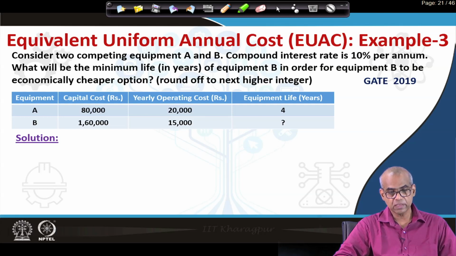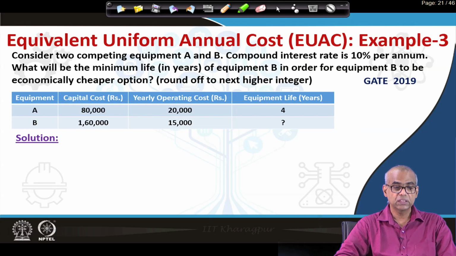Capital cost of equipment A is 80,000 rupees, capital cost of equipment B is 1,60,000 rupees. Yearly operating cost for equipment A is 20,000 rupees, yearly operating cost for equipment B is 15,000 rupees. Equipment life for A is 4 years. You have to find out the equipment life for B such that equipment B is